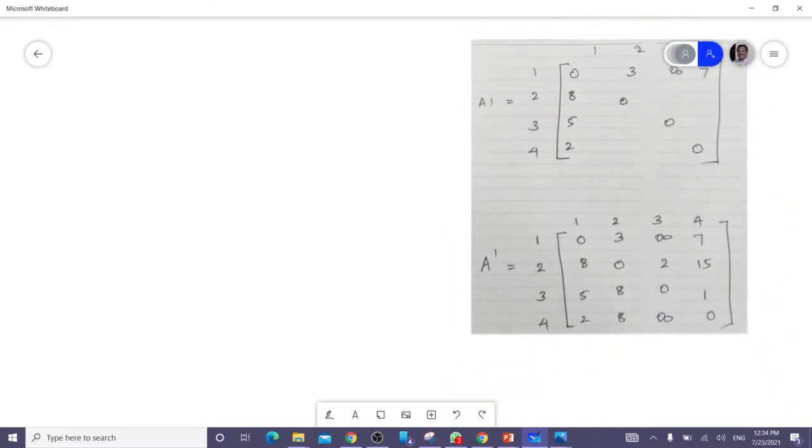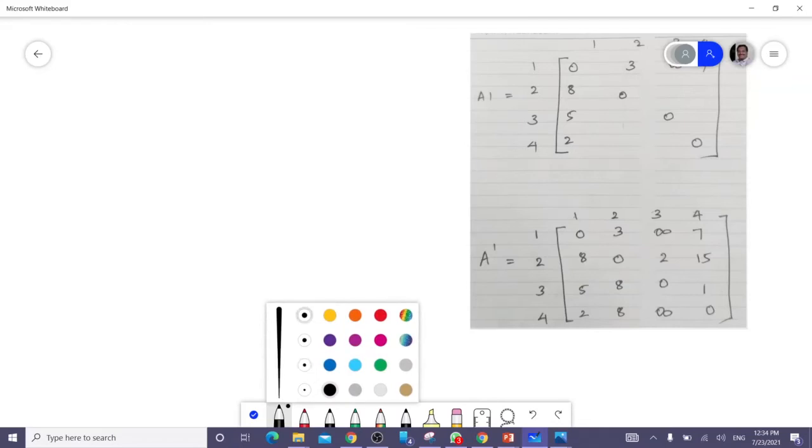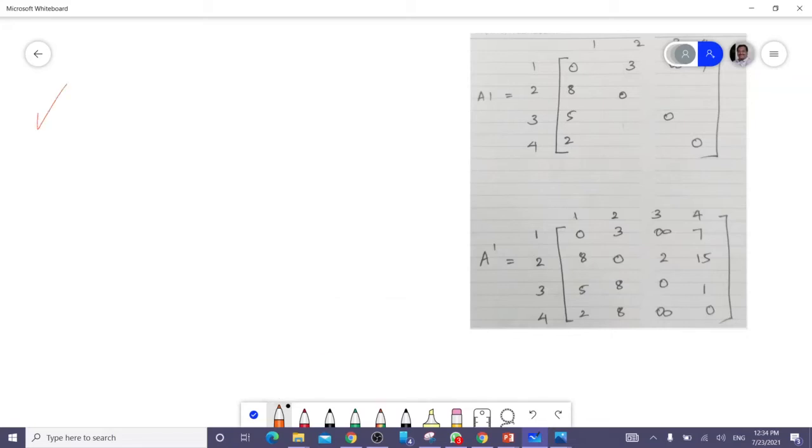So this is my A1 matrix. Now I have to find the A2 matrix. I think red is better. A1 I have found, A2 I have to find.